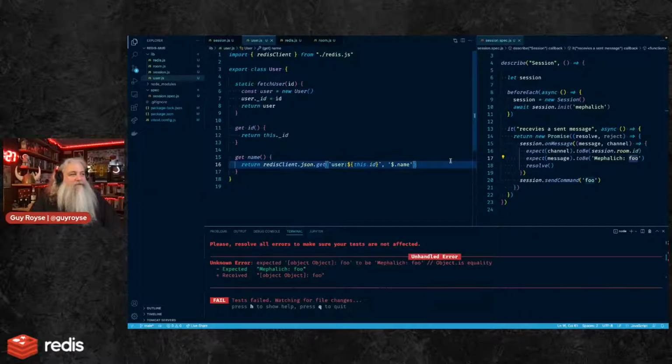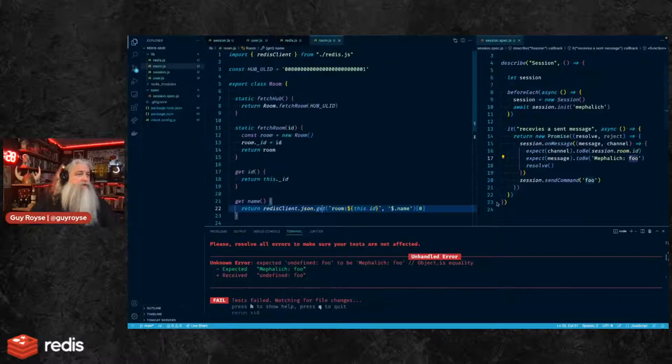Oh, I know what it's doing. So this call to get is asynchronous. I'm returning the promise that resolves to an array of the names. And so then I'm trying to get the 0th element of the promise, which can't work. And so that is also going to happen down here.